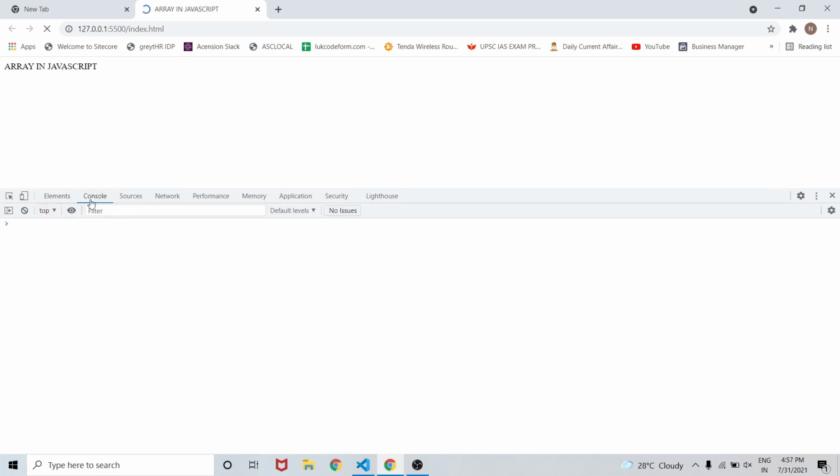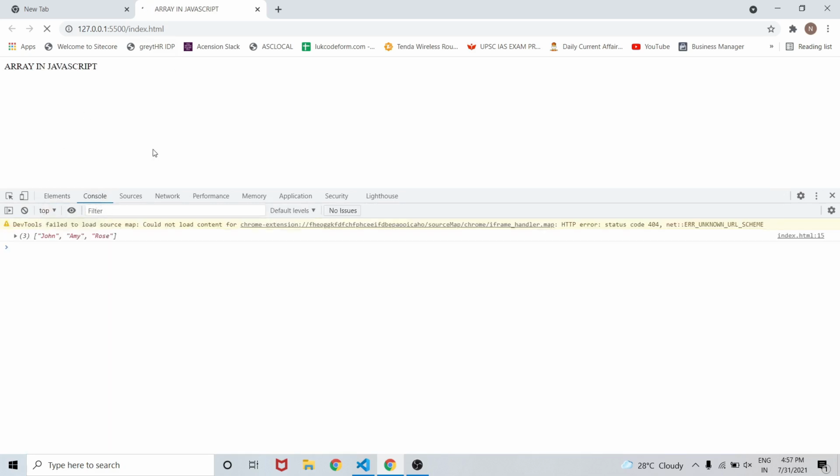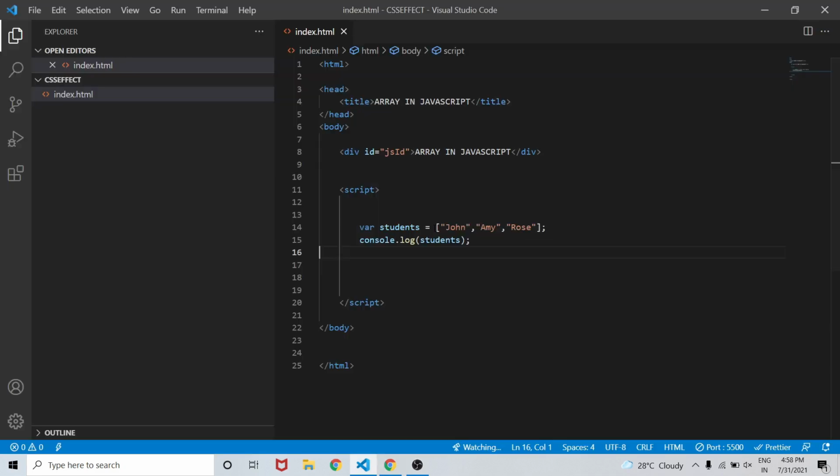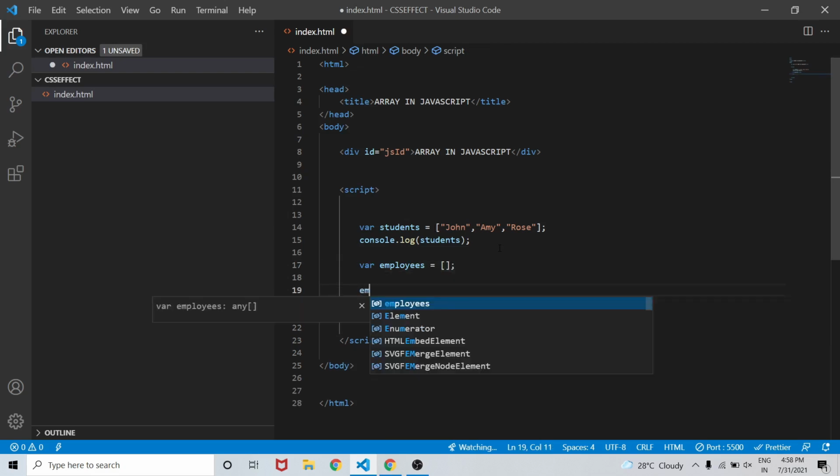Let's refresh this again to see it clearly. Now you can see we have an array, that is our students array, John, Amy and Rose at index 0, 1 and 2.